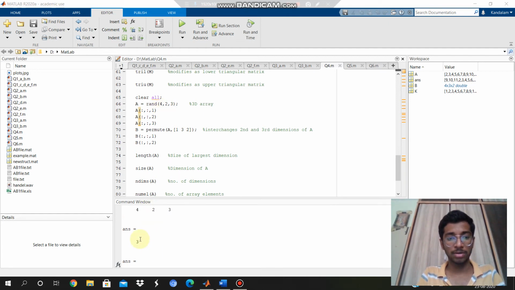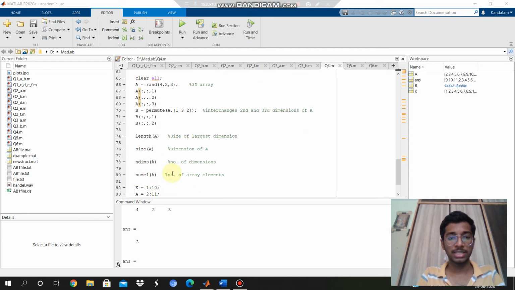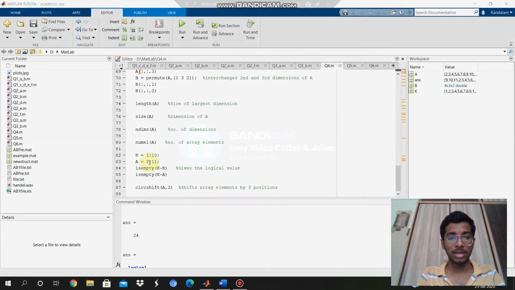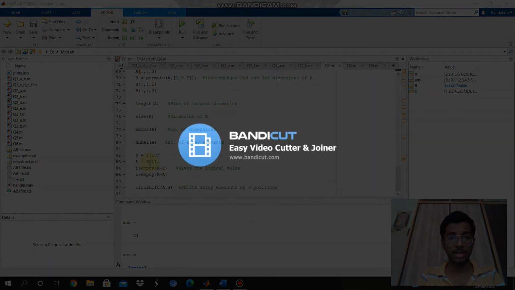When we execute the code, we get 3. And if we want to find the number of elements in the array A, by using this command numel of A, we will get the total number of array elements, and here we will get a total of 24.